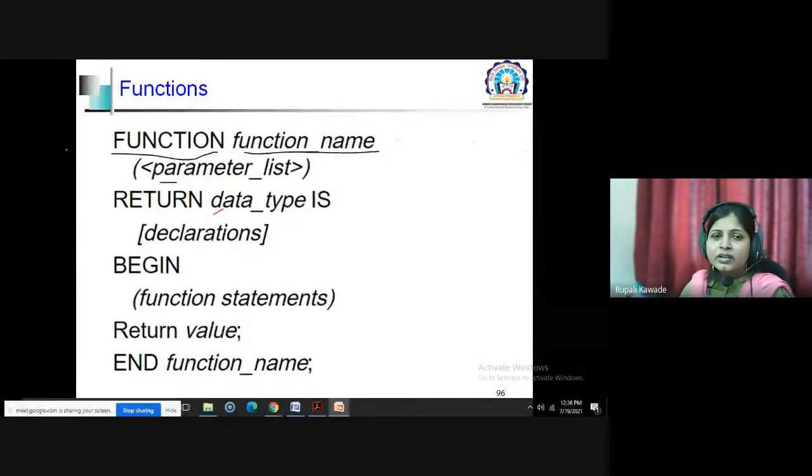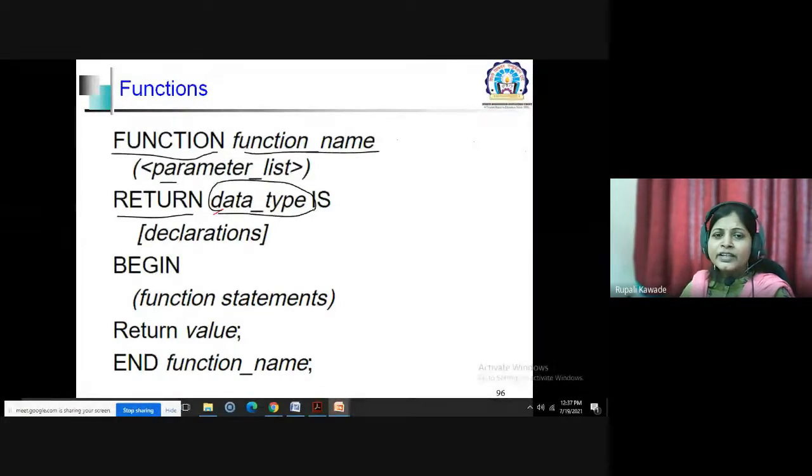Similarly here, this is the syntax for a function. Keyword function, name, parameter list if any. Then return is again a keyword, and you have to mention here what kind of data will be returned by that function.